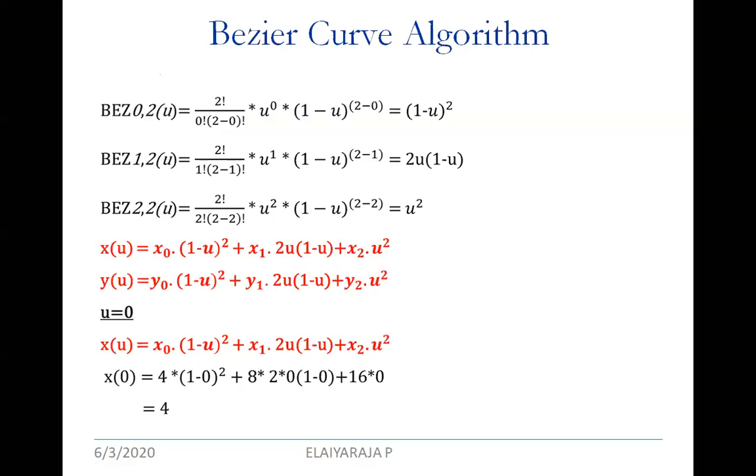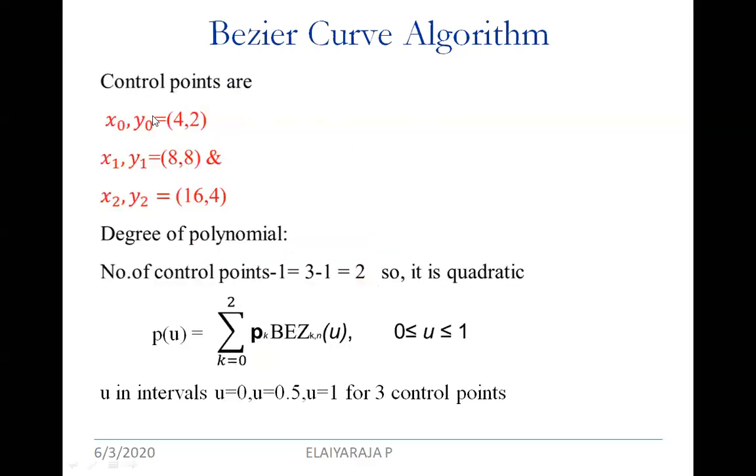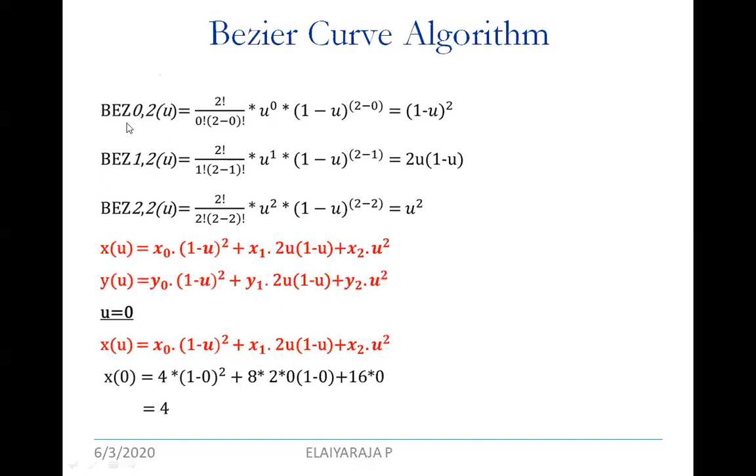And here write your Bezier curve, with your k value and n value. As I said, your number of control points is going to be 2, so it starts from k equal to 0 up to n equal to 2. So k equal to 0 to 2, right? When you apply this in the Bezier curve, you can write B 0,2, B 1,2 and B 2,2, where k equal to 0 to 2.